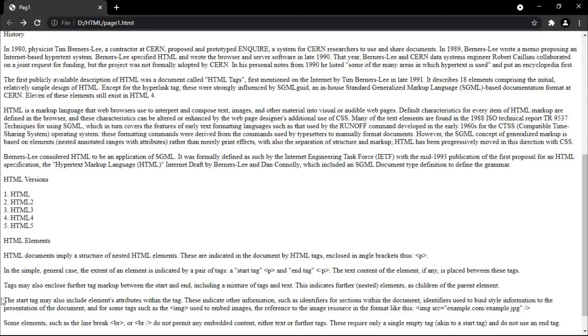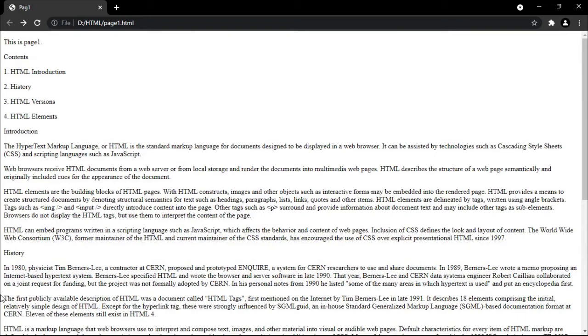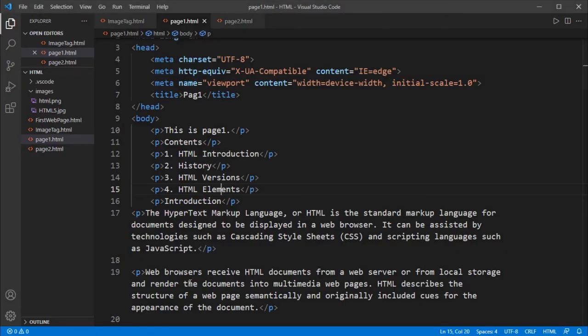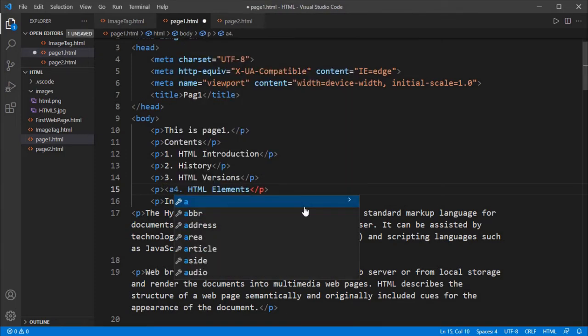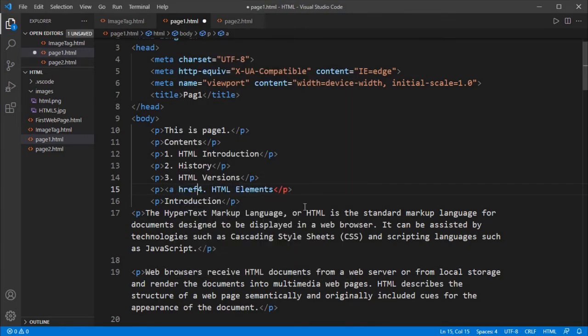For that purpose we are going to create a hyperlink within the page. Where I want to create that is for HTML elements. So take an anchor tag A, and href is equal to, so you can give the target specification here, the target name.